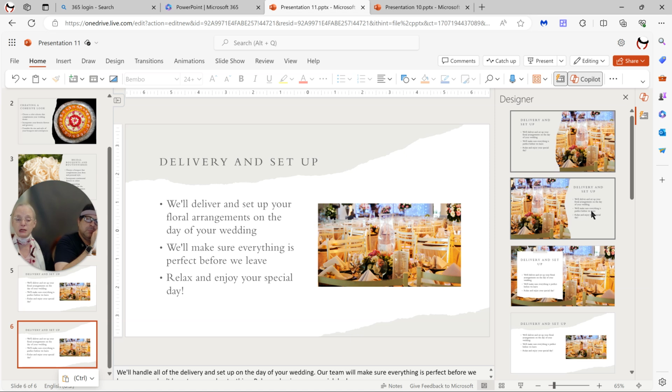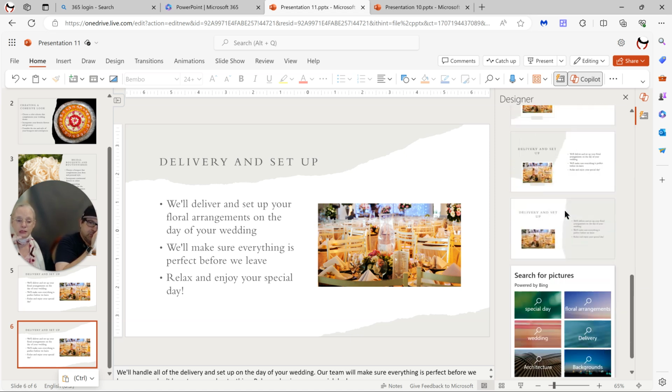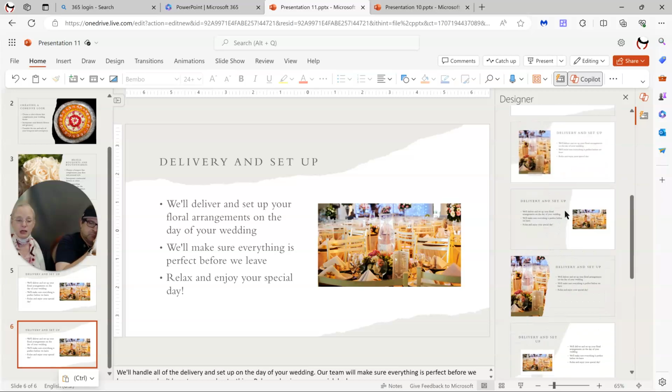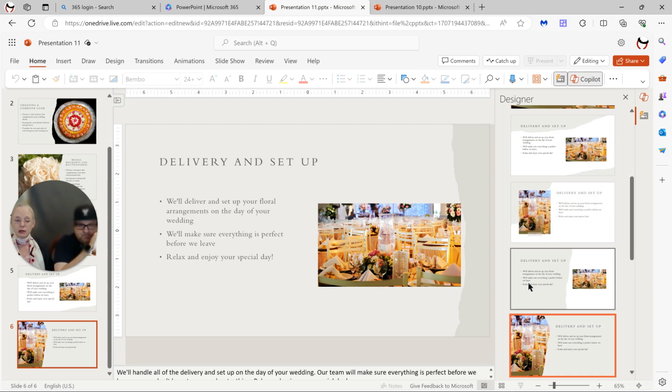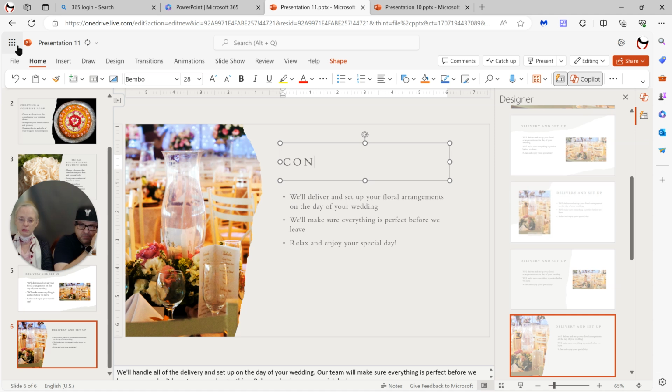I need it to be a contact us page. So what I'm going to do is I'm going to go down on the right here, and you're going to see different variations. And that's what you can do. You can make variations. So we're going to go here. This will be our last slide. That's awesome. I'm going to leave it. Even though it's a continuation of the previous one, I'm just going to leave it. And then we're just going to change this contact us